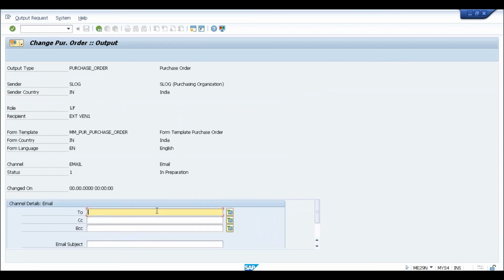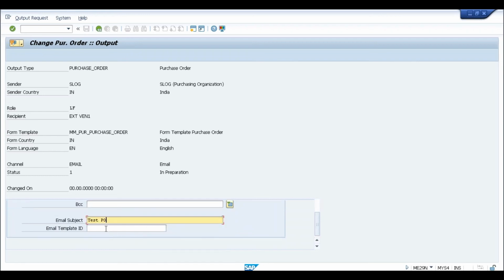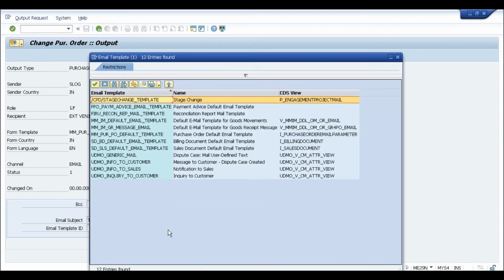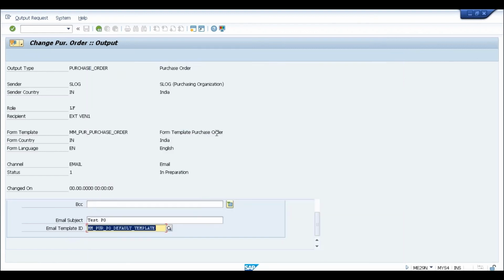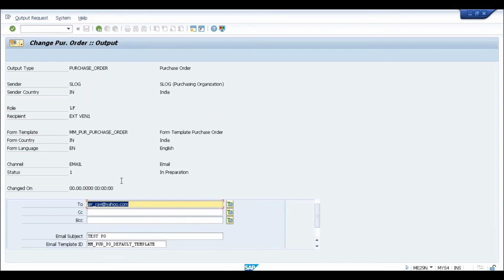Sorry, can you just provide a test email ID or something? Let's test this. Yeah, just put my email ID, ARR_RAVI@yahoo.com. And maybe we'll have to go to SYST to look whether it's even activated or not. Can you scroll down a little bit there? Is there anything else that we need to put? Okay, so email template. Just pick email to vendor, purchase order default email template. Okay, I think that's all here.